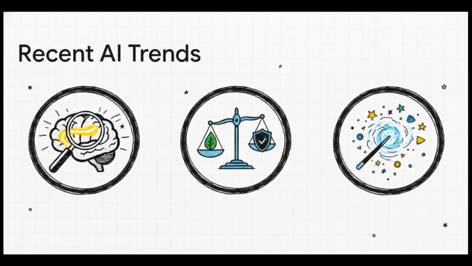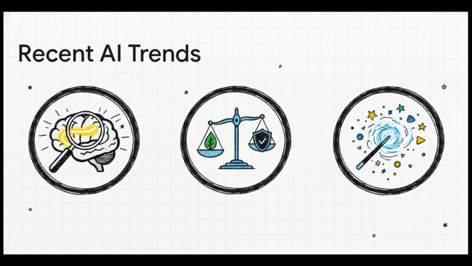Now, what's really interesting about this is how it introduces the modern complications and opportunities in our field, because the modern AI architect must navigate a rapidly changing frontier driven by three massive trends. First up, explainable AI. As our neural networks become these massive black boxes, it is absolutely crucial that we can understand and audit exactly how they reach their decisions.